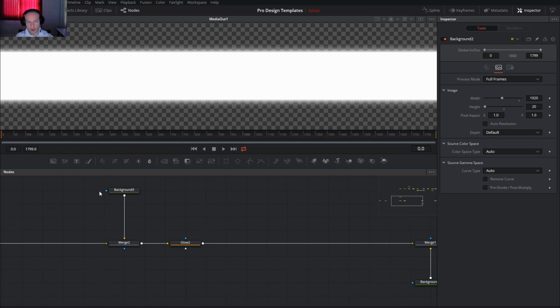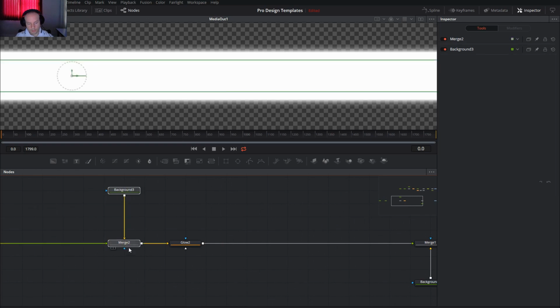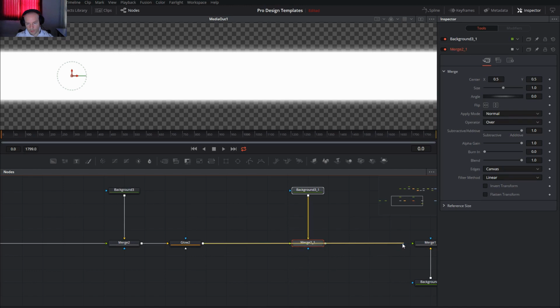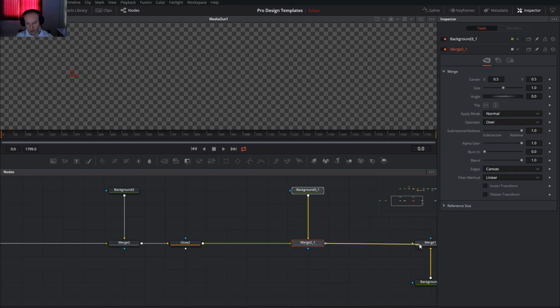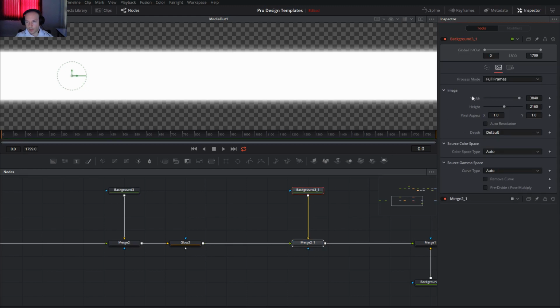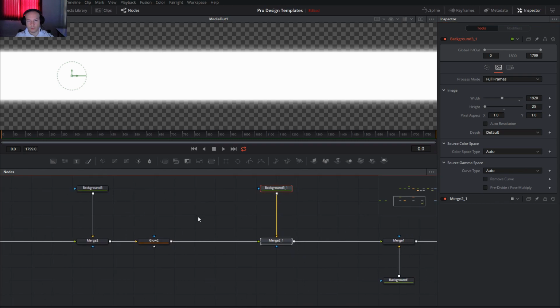So if I make another one here like this, but change this background resolution, for example 25 pixels for the height, and the width 1920, doesn't affect it,